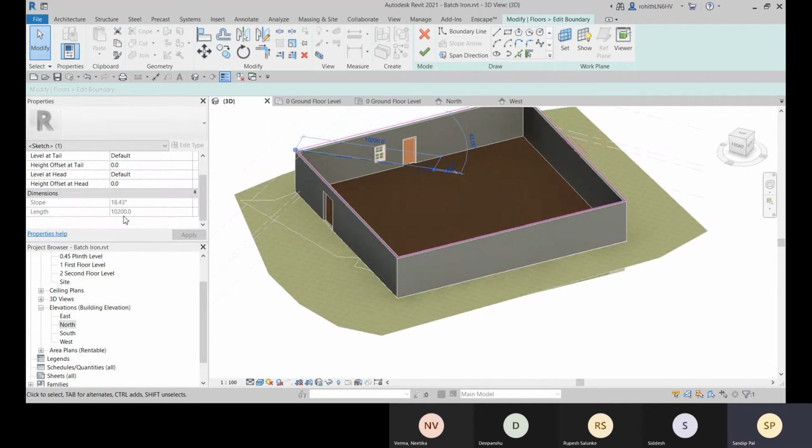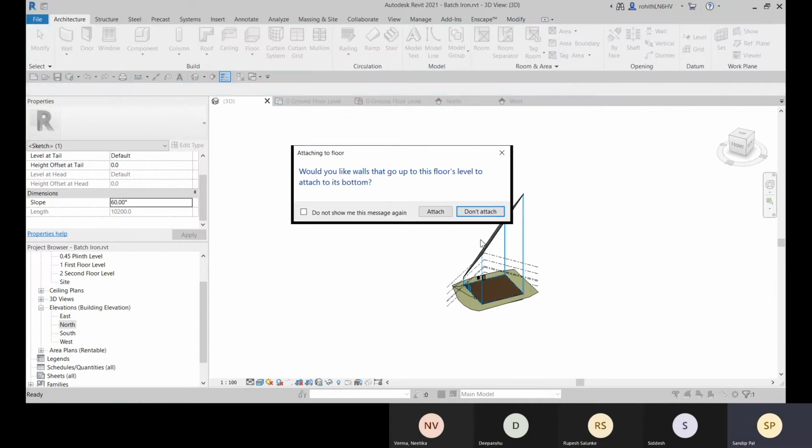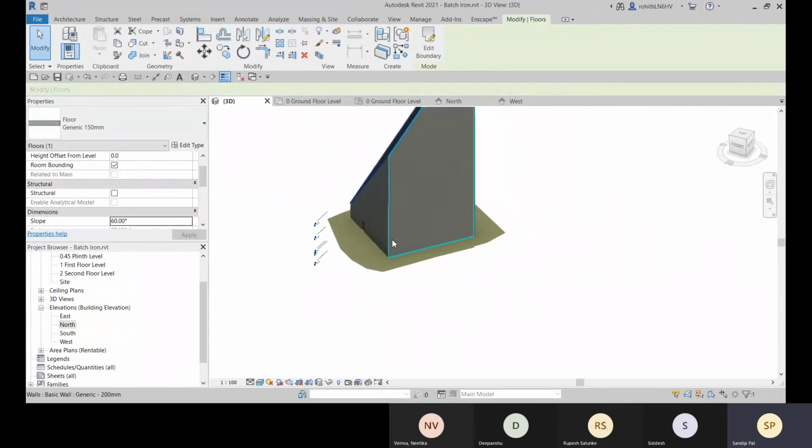Select this. And now if you want to change the slope, so click on the slope and you can change this slope like 60. Click on apply. And now let's go for finish. And okay, that is too much. Go for attach.